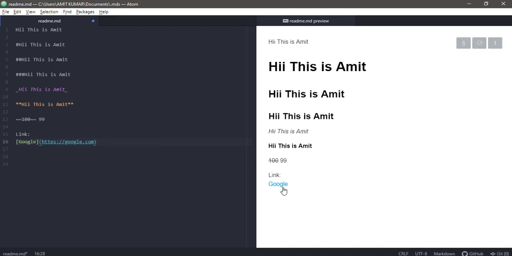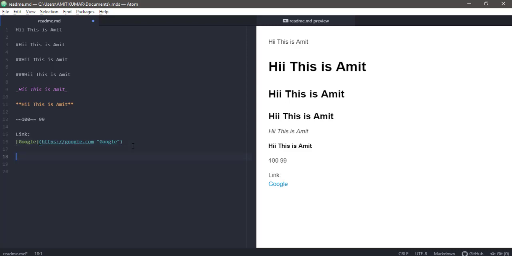You can see that this has been successfully converted to a link, and if you click on it, it will redirect me to my browser. Now if you want to give a title, so that if someone hovers over this the title appears, you can give a space and type Google. Now if you hover over this, it says Google.